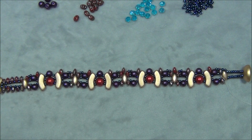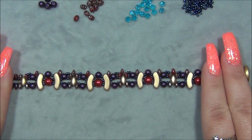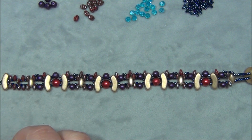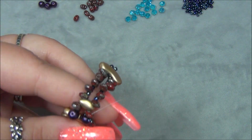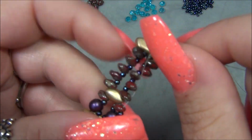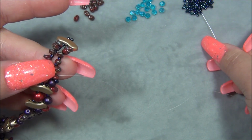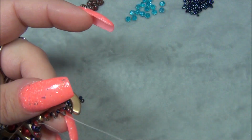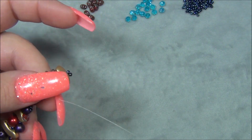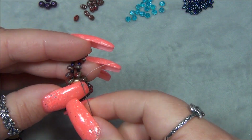Okay, just like that, and I'm going to pull this tight, and so far the tension on my bracelet looks pretty darn good. So now I'm going to pick it up, and what I'm going to do is just put 1 seed bead in between all of the superduo beads. Okay, so this is going to make our superduos lay right, because right now they're all floppy. So pick up a seed bead through a superduo, okay, another seed bead through a superduo,